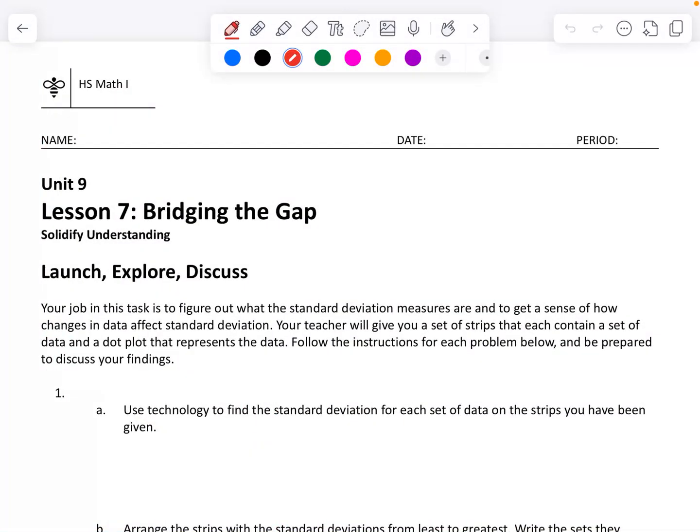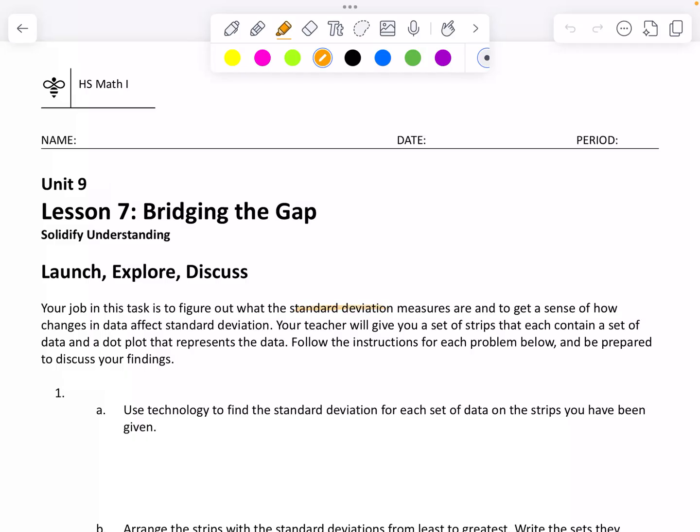This is the video notes for 9.7, Bridging the Gap. This is a Solidify Understanding lesson, and starts off by saying your job in this task is to figure out what the standard deviation measures are and how to get a sense of how changes in data affect standard deviation. Okay, so this is all about